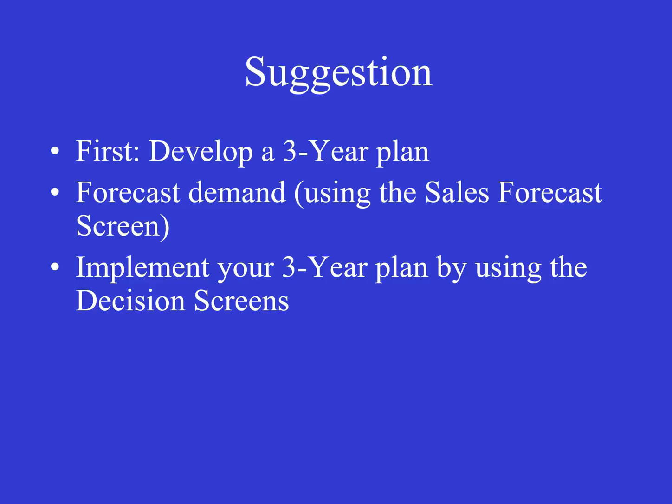So when we play the first 3 years, have a plan of what you want to do for those first 3 years. After those first 3 years have been played, reassess. What sort of changes do you have to make to your existing strategy? And then map out the next 3 years. And then repeat this process for the final 3 years. So I want you to think in 3-year increments. 3 years in our simulation is considered to be the long run. So I want you to have 3 long run plans.